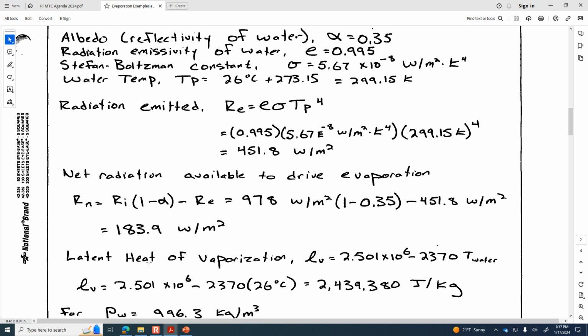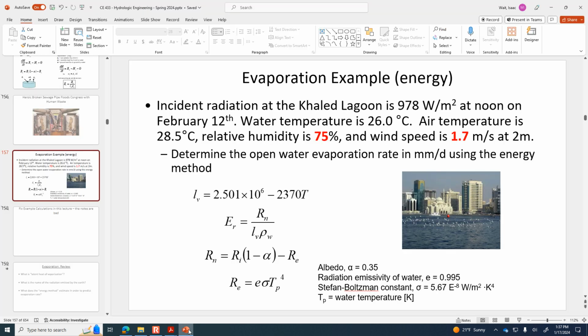For the density of water that we have here, for the typical water temperature, density is 996.3 kilograms per cubic meter at this temperature. And so the final equation that we're going to use is this one to calculate the evaporation rate. So E_R,